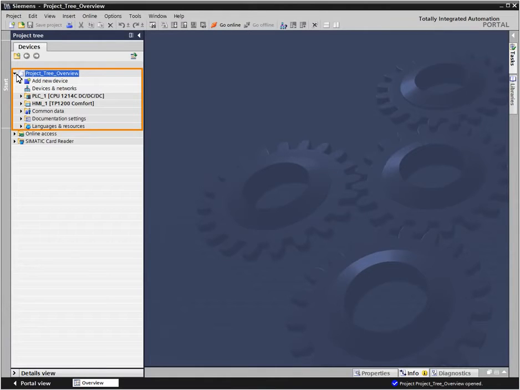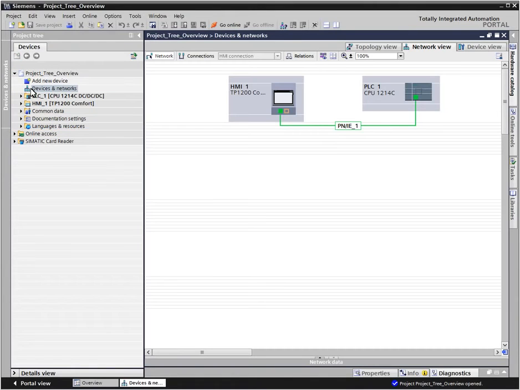In the project navigation, you can see your complete project in hierarchical order. In the project folder, you find all project-relevant devices, objects and actions. The network view opens by double-clicking Devices and Networks. With this view of the entire project, you get a complete graphical overview of the existing devices, their networking, and